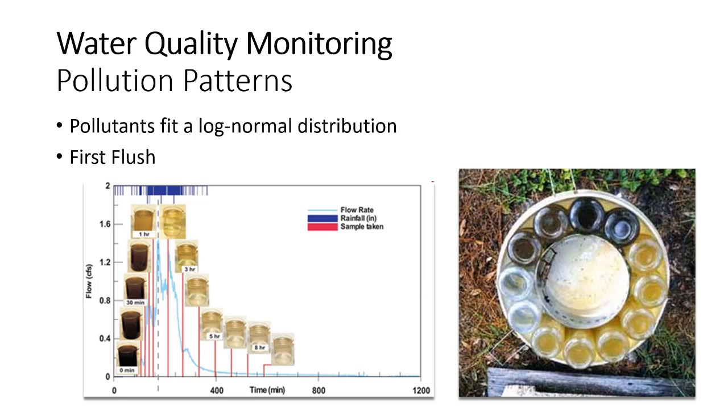As we take samples across a storm event, the concentrations are going to vary, right? So the initial load or the initial concentration of whatever you're looking at is typically going to be much higher at the beginning of the storm event than at the end, after a lot of it has already been washed off. So they typically call this the first flush, and I think these are both pretty nice graphics that show that. You can see how at the very beginning we've got this really turbid water, and as you go through the event, it sort of clears out. And that graphic is from this sample tray right here. Kind of an important thing to know